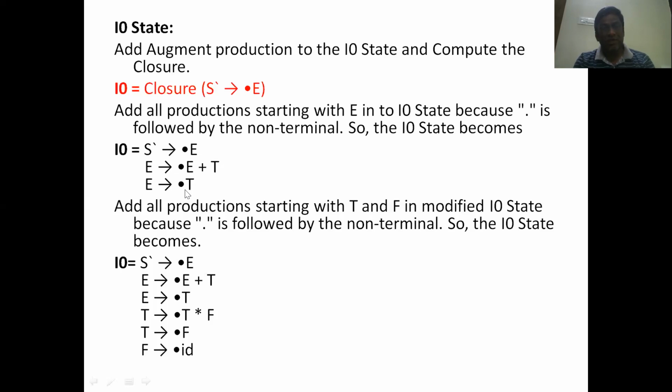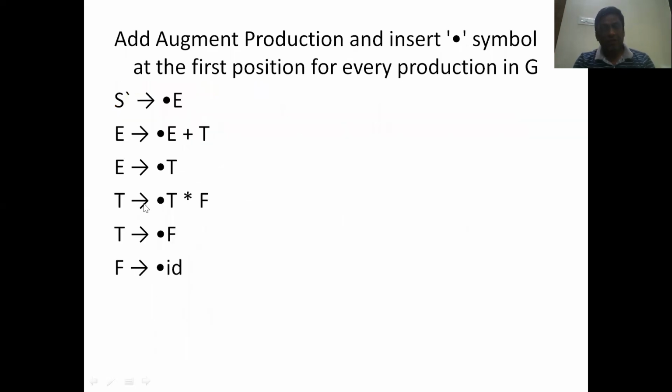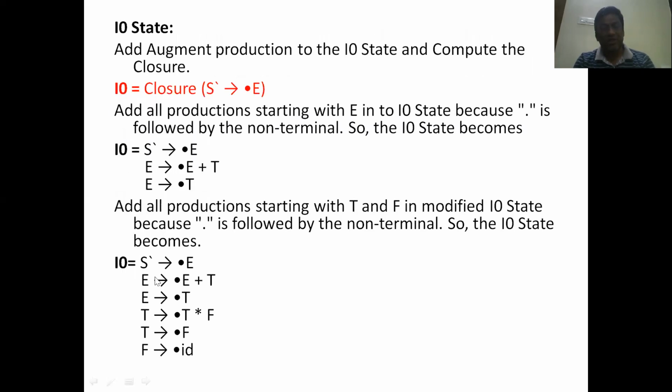And if you look at this, there is a capital T after the dot. What that means is you need to add all the productions of capital T also. So what are the productions of capital T? These two: T implies dot T star F, T implies dot F. So you need to add these two also. Okay. And again, you check the symbol after the dot in the new productions which are added now. So dot T again. For dot T, the productions of T are already added.